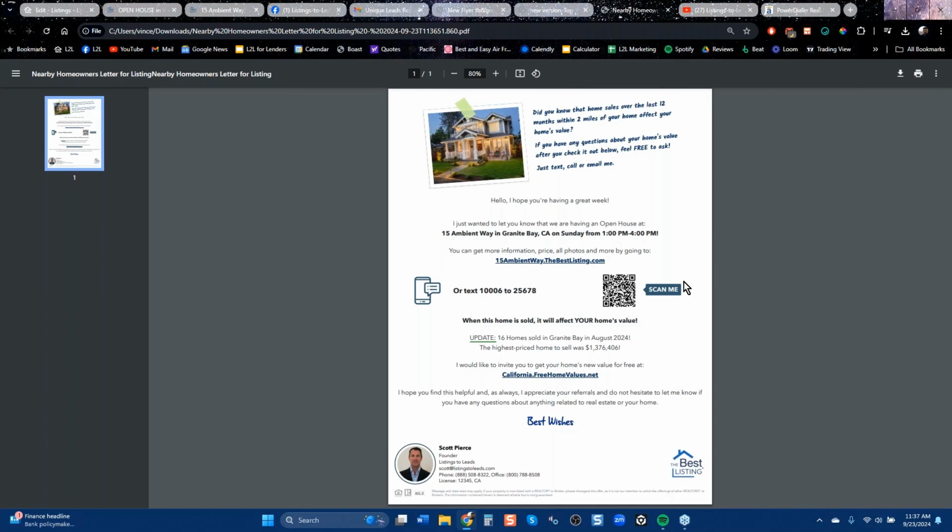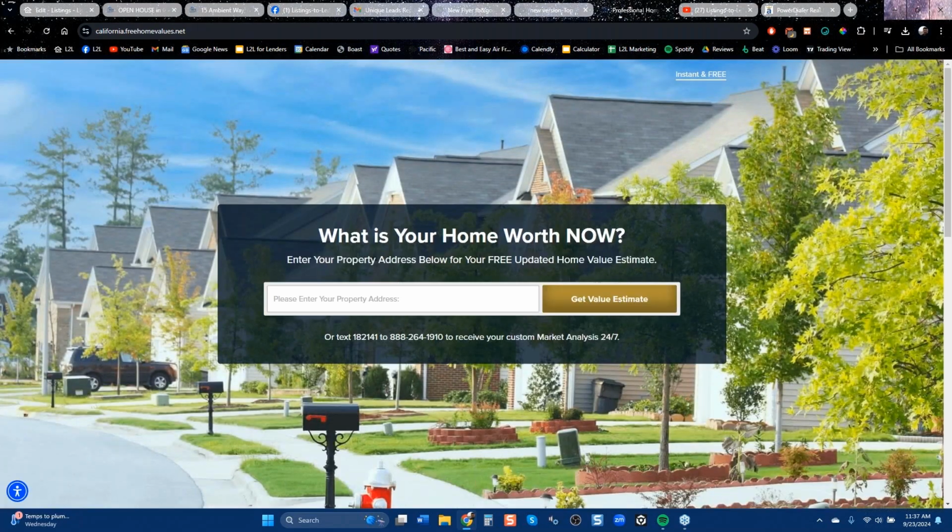And some people will open the mail. They'll read this and they'll go, oh, I want my free home value, right? You're selling a home in my area. I can get my free home value. I'm going, right? Type in that web address. That you each have this web address. It's unique. You have your own unique landing page.